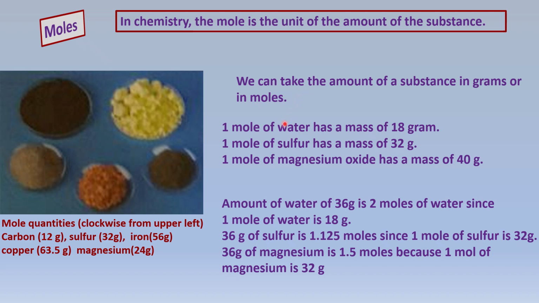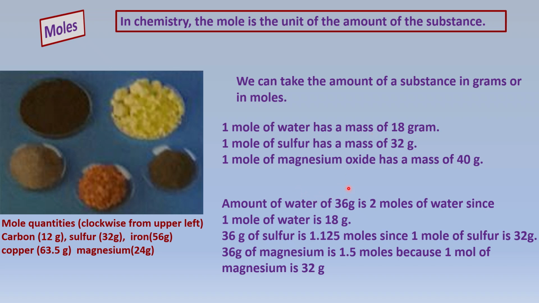1 mole of water has a mass of 18 grams. And we will learn later how we can calculate the mass, change the mass into moles, and later you are going to change the moles into mass as well. 1 mole of sulfur has a mass of 32 grams, and 1 mole of magnesium oxide has a mass of 40 grams. Now, if 1 mole of water has the mass of 18 grams, so